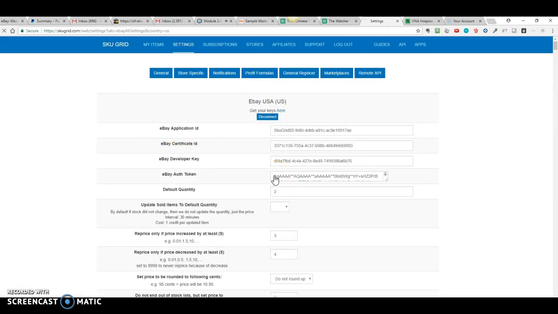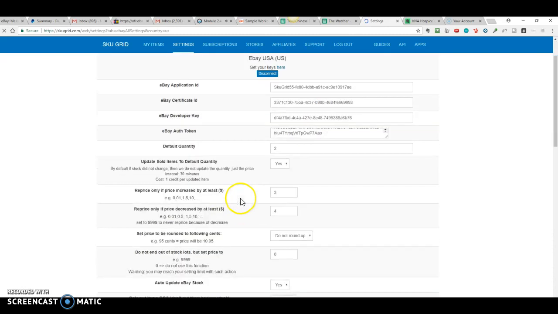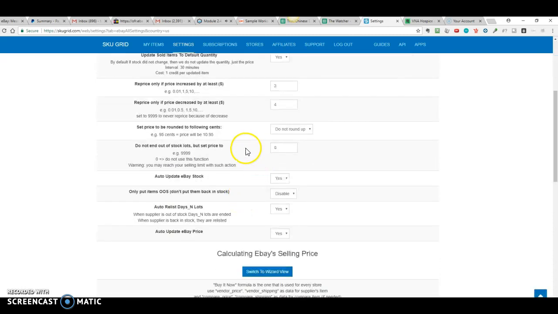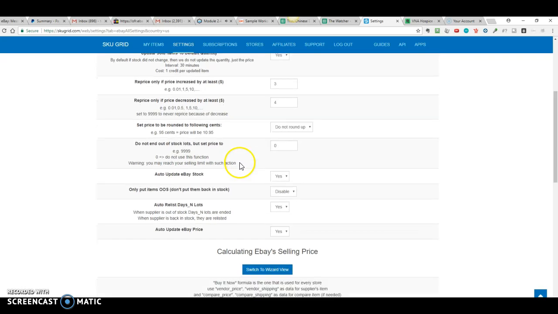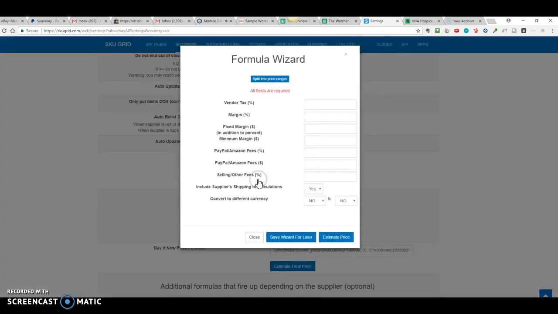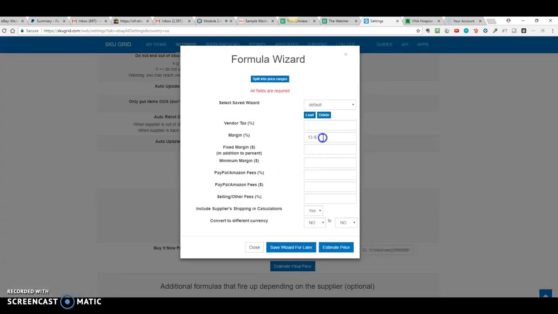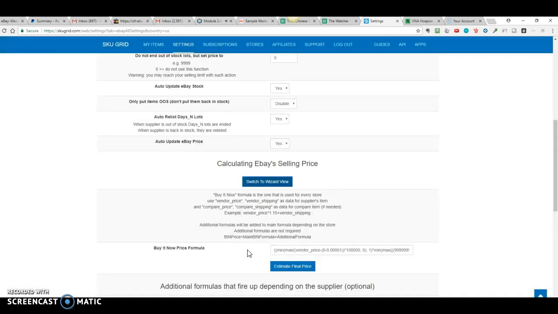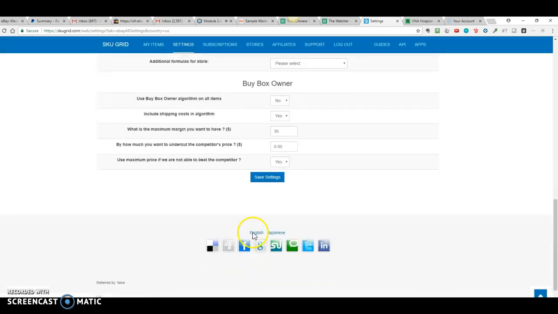and then you come down here to, I think right now I have it at 13.9, if I'm not mistaken. But you want to switch to the wizard view. Yeah, I'm at 13.9. So I'm going to drop it down to 13.8. Close. And then save settings. And then